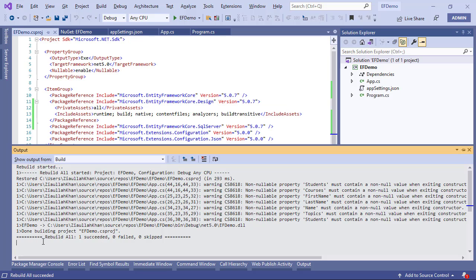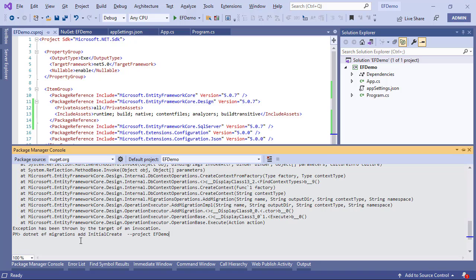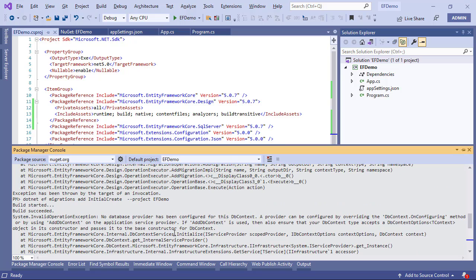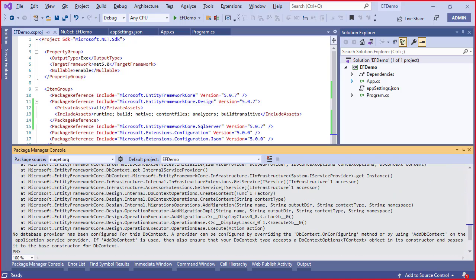With this file added, this is like the 10th time we are running this. The migrations should go fine this time, please, come on. It is saying that no database provider has been configured for this DbContext. A provider can be configured by overriding the OnConfiguring method, or by using AddDbContext on the application service provider. I don't know why it is doing that, but